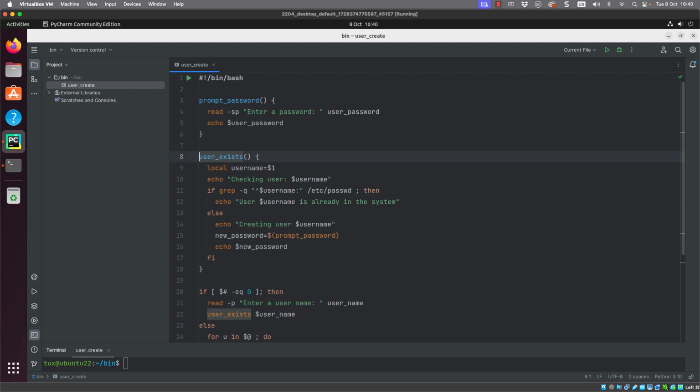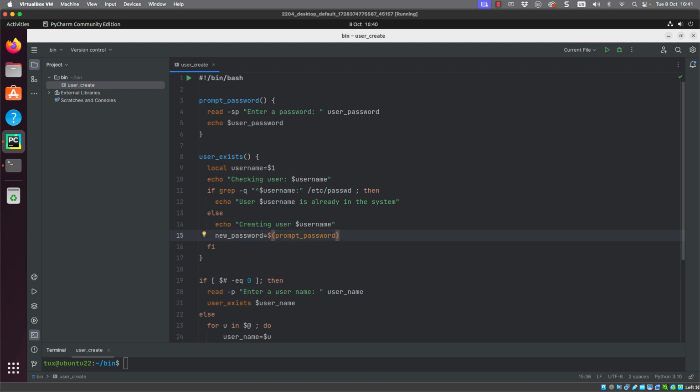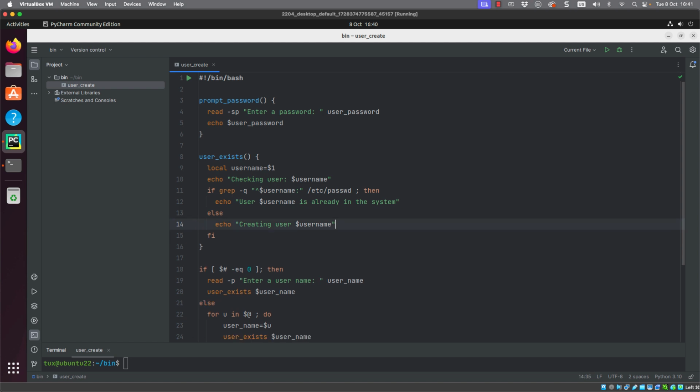We can tidy up our little script for the moment. I'm just putting a space between the prompt_password function and the user exists function. I don't need to echo out the new password. We were using that just for demonstration purposes, so let me remove that line. I'm also going to take out line 15 where we are setting the password variable because I don't need to set it here. Ideally, I set this once in the script and I only need to type the password once, so I don't want it inside of the function.